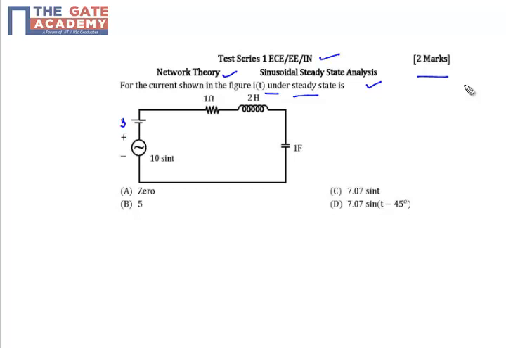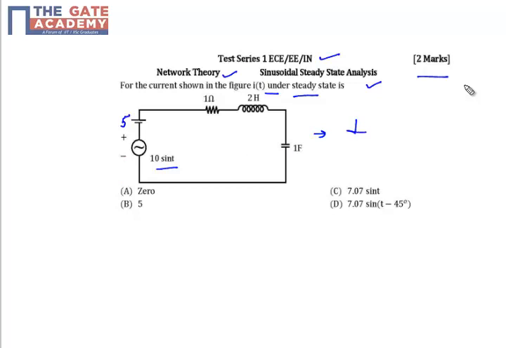This DC voltage has a value V. So we have two voltage sources available in the circuit, one AC source 10 sin t and one DC source 5 V. We can solve this circuit using the superposition theorem, considering one energy source at a time. So let's first consider the DC source.